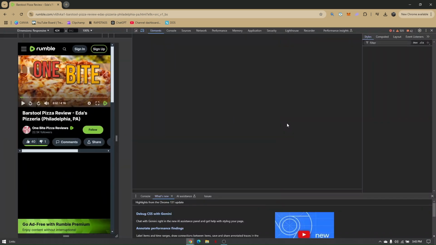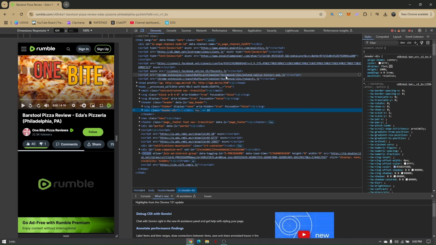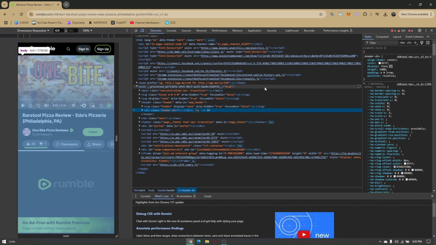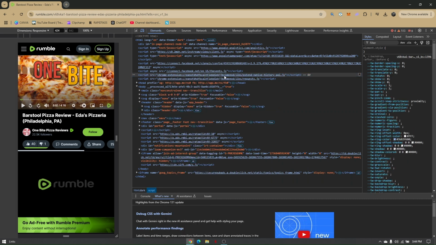From Inspect, you'll have to look for the SRC file, which is an extension that ends in .mp4. Say, for example, you're able to see it, and this is going to be the one. So it has to be .mp4 at the very end. In my case right here, it says .js at the end. But if it shows .mp4 on your end, you'll have to copy the whole link